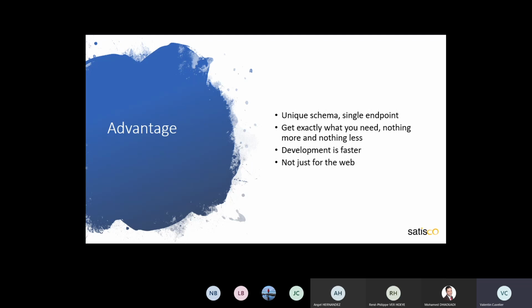With GraphQL, it's different because you must only declare a new property on the client, and the data is available directly.